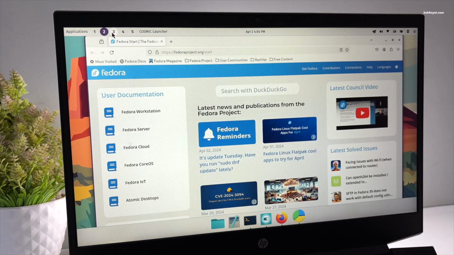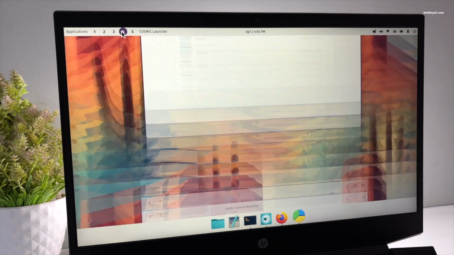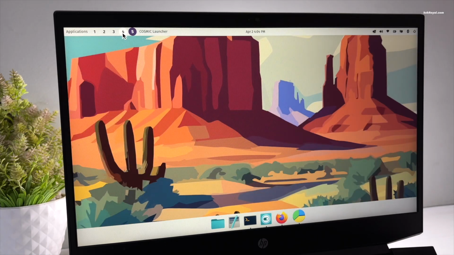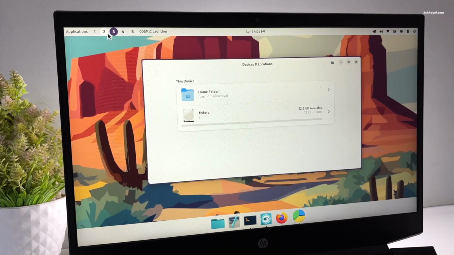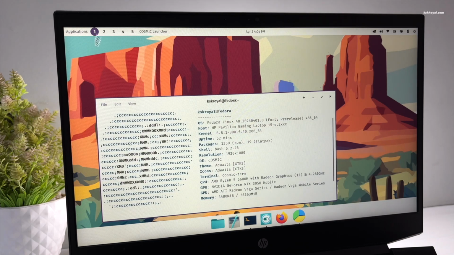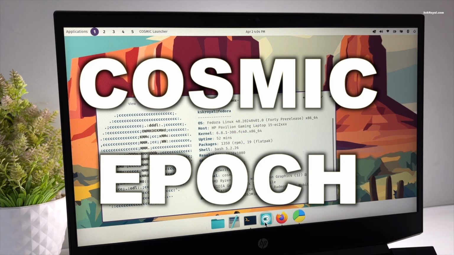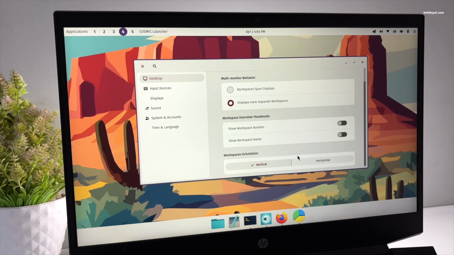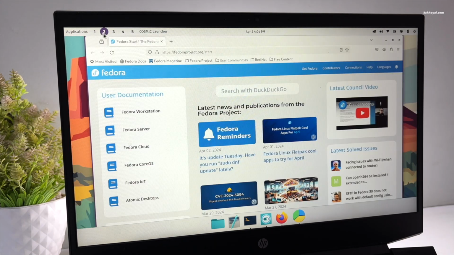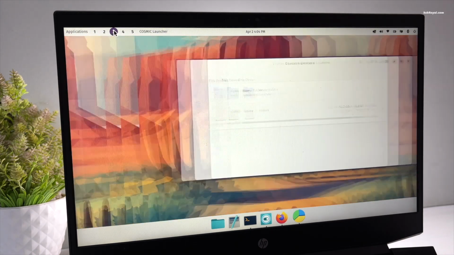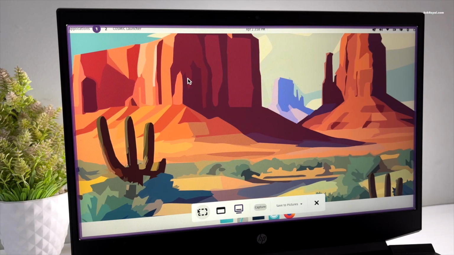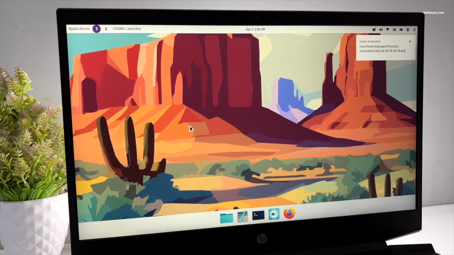As of making this video, the Cosmic Desktop is in the alpha stage, preparing for release in the upcoming months. Now, you can try Cosmic's first release, called Epoch, on Fedora, Pop!_OS, and Arch Linux, which gives an idea about the future desktop for Linux systems. I have been testing this for quite some time on my computer, and in this video, I will share my experience with the Cosmic Desktop.